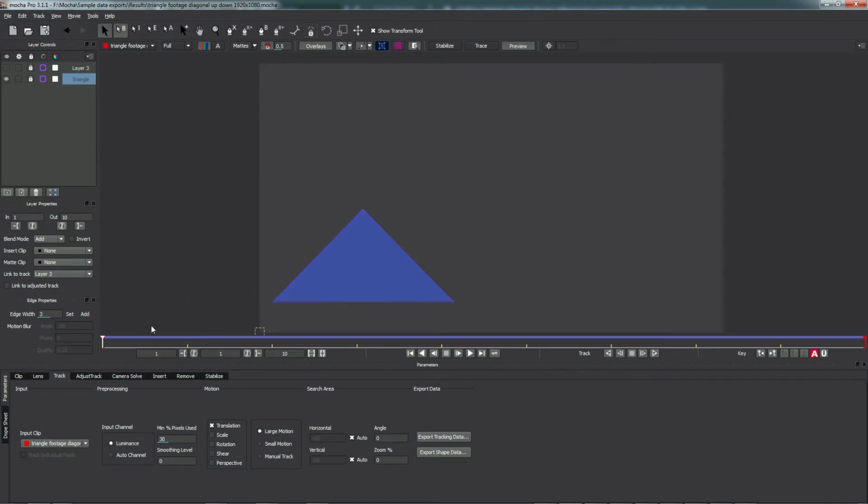Now I've set up a little test scene here, which is a triangle that moves up and down. I've already tracked it in Mocha. You see here, if we click on our surface, it's going to move nicely with our triangle. Now when we're working in Mocha,